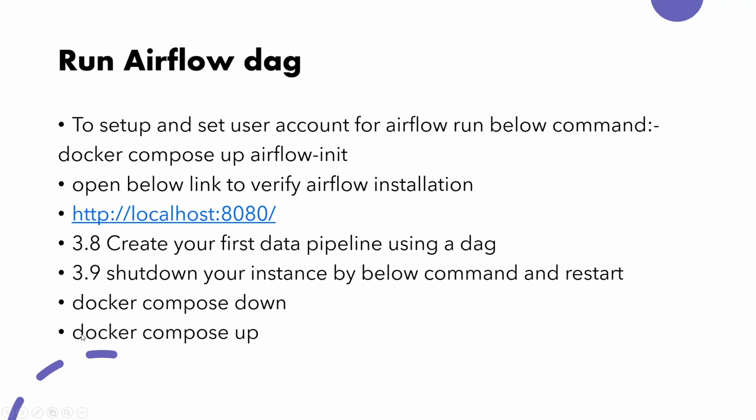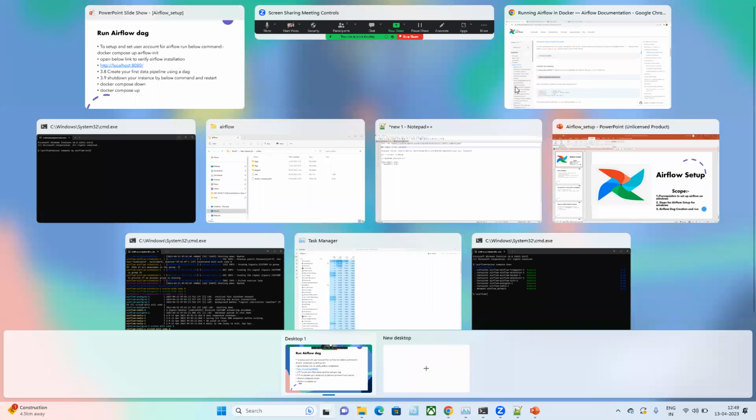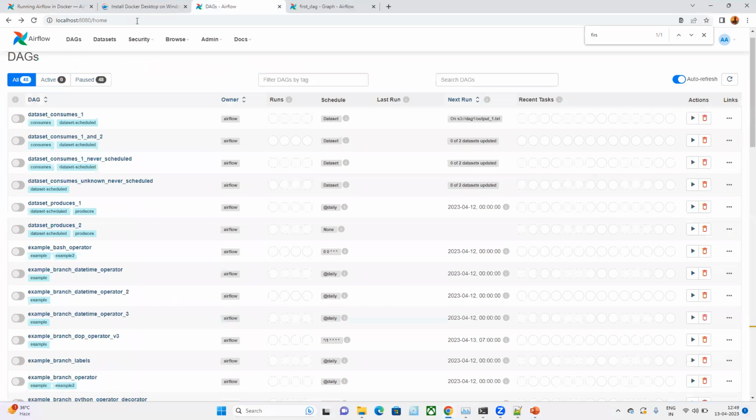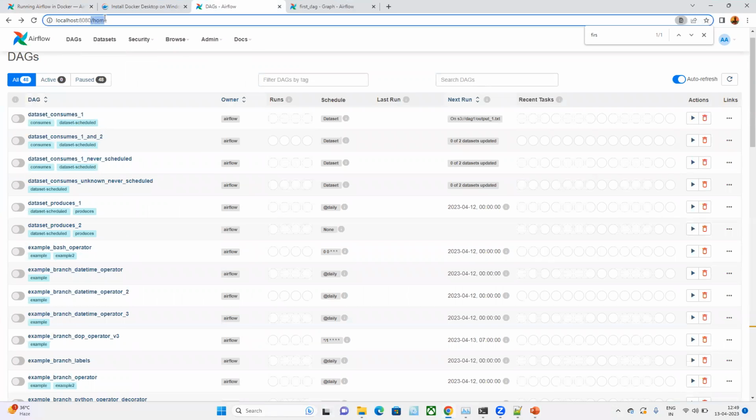You can start your Airflow again using docker compose up in the same Airflow folder. And that's all. I will show you how this link looks, and how I can start Airflow. If you run localhost colon 8080,